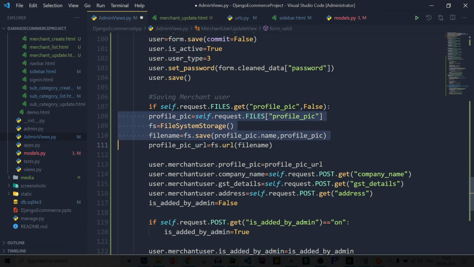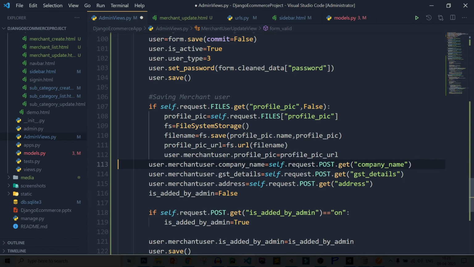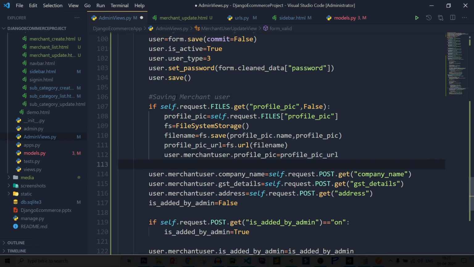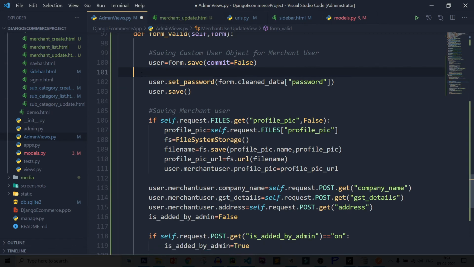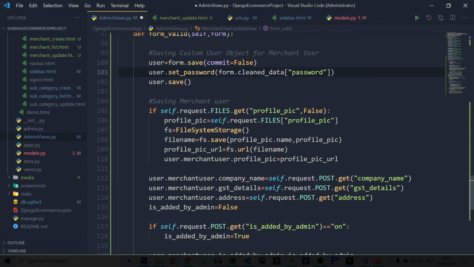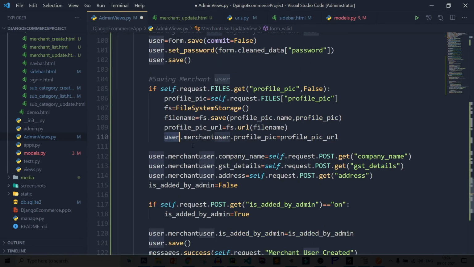So if I get the profile pic, then I will set the profile pic in merchant user. Now after that, remove these two things, and also here select all this user.merchant,